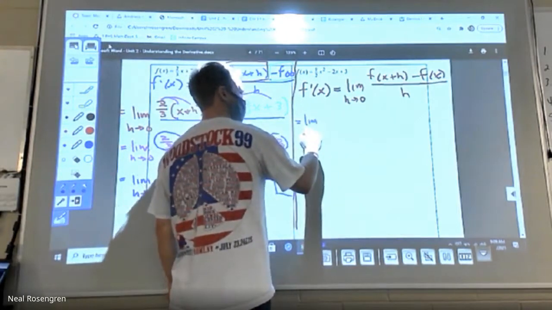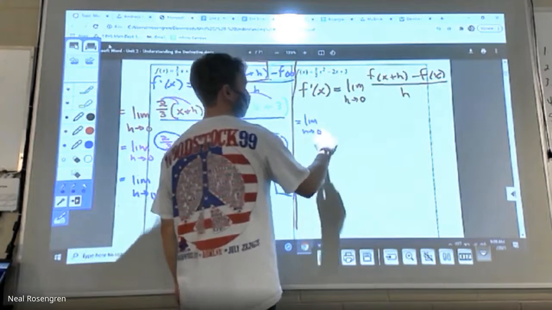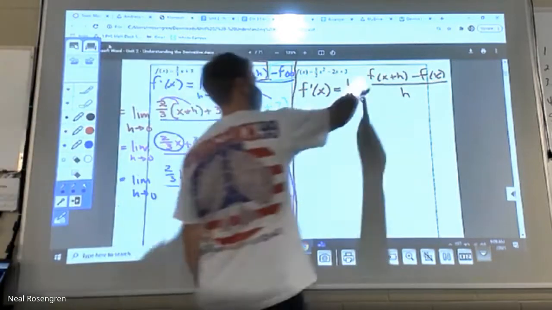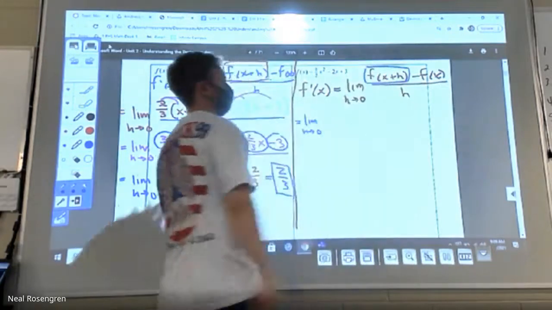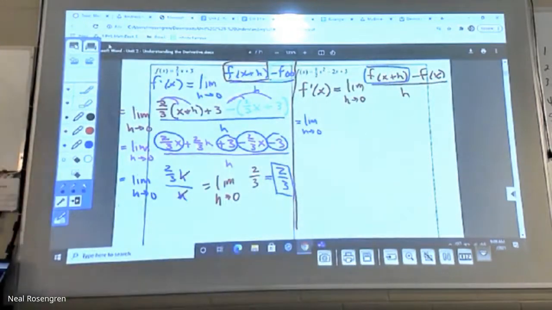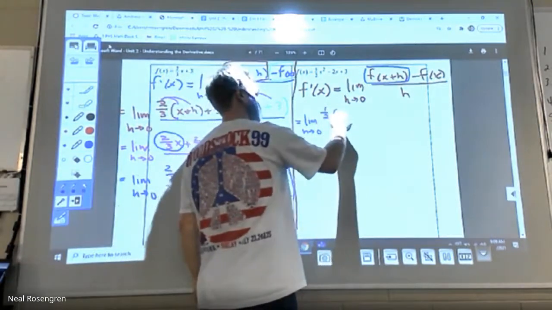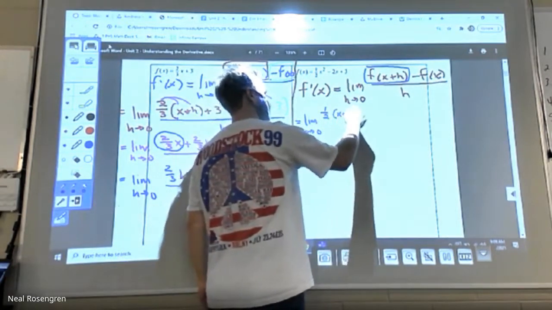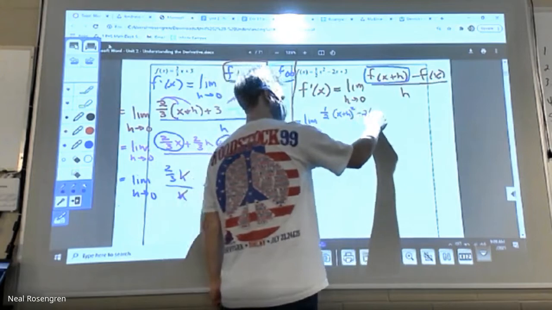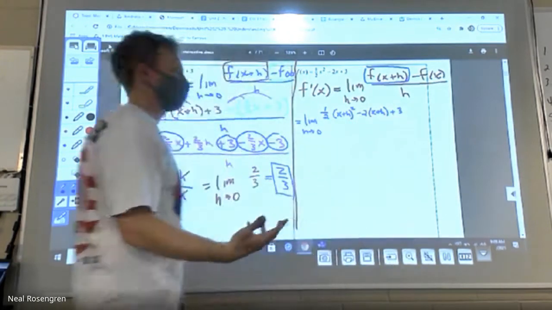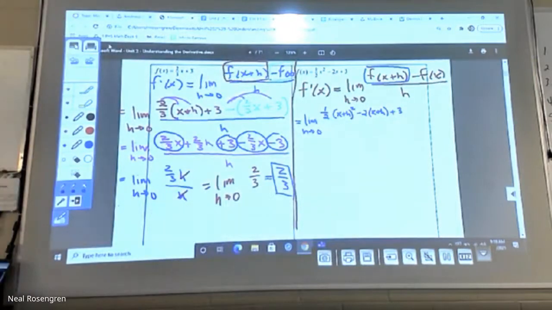Now, this might be a little bit trickier for me to squeeze it all in, so I might end up erasing some of that stuff on the left, but I'll give you a chance to see it for a second. But the idea is to first do that, right? Drop in x plus h anywhere you see an x. 1/2 parentheses x plus h squared minus 2 times x plus h plus 3. There's no x attached to that 3, so that's why we don't have a little plus h there.